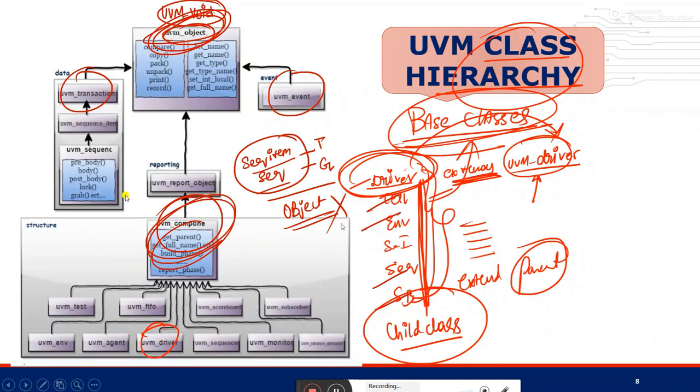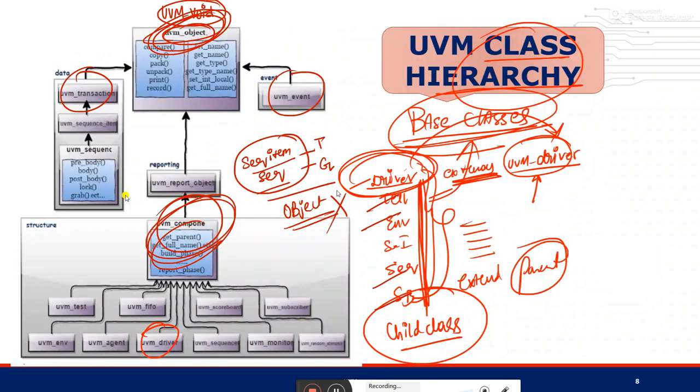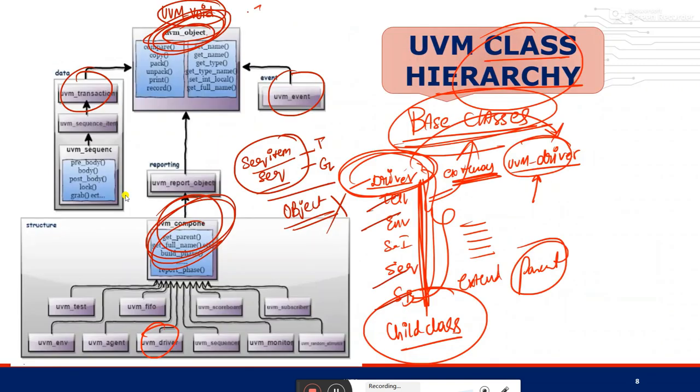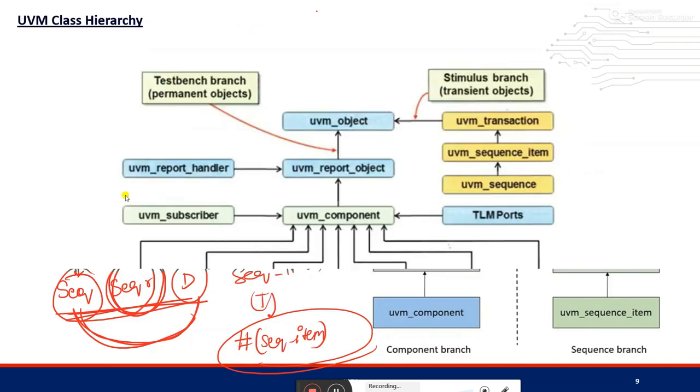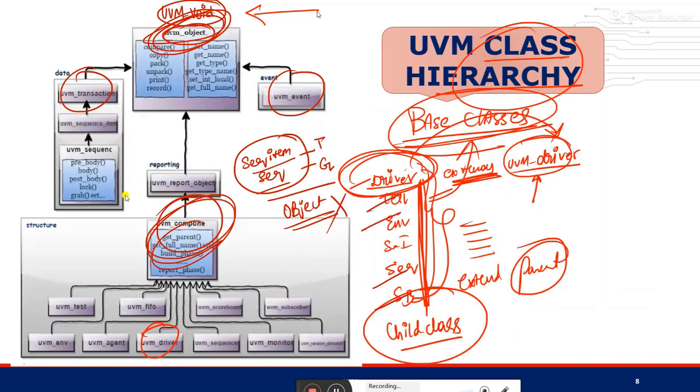These are the class hierarchy lines that you have to update in line 1 of every code. As I told, void is not present, you have to add. Here you can see above object, void is present. Here it is not present, I have written it here. So that's about the class hierarchy concept.